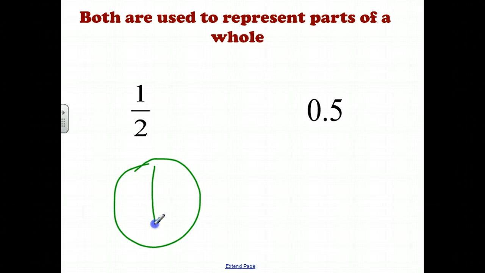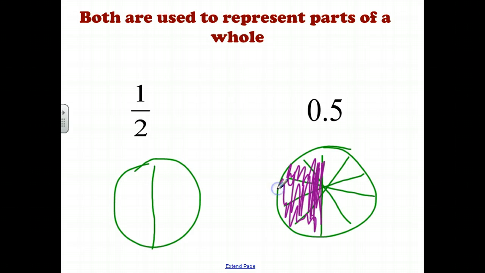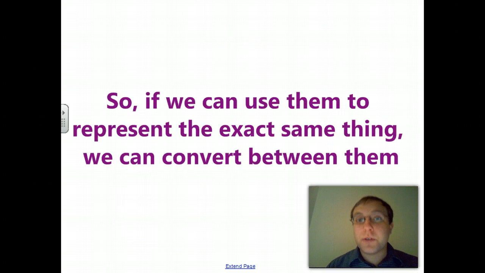Talk about a half of a circle. And if we were to break down that same circle into tenths, not a particularly beautiful drawing, but it gets the point across. We can see that these represent the exact same amounts. And that is significant because if something in math represents the exact same thing, it means we can convert between them, or we have a way to change what is represented in one form